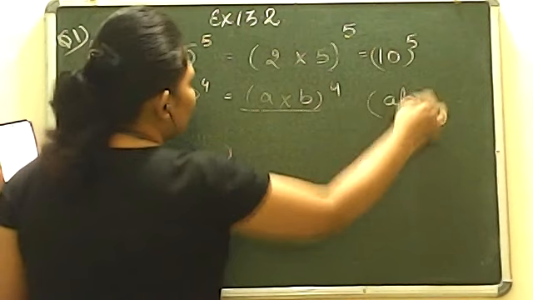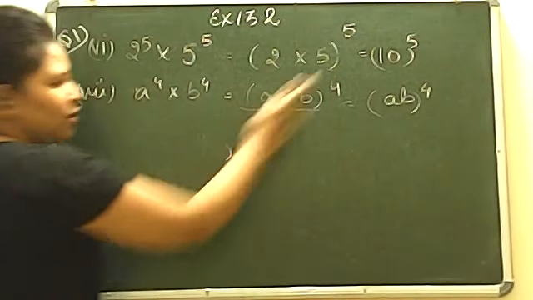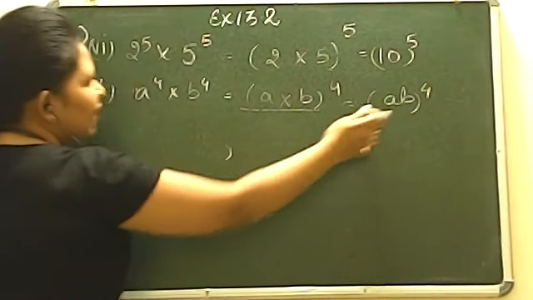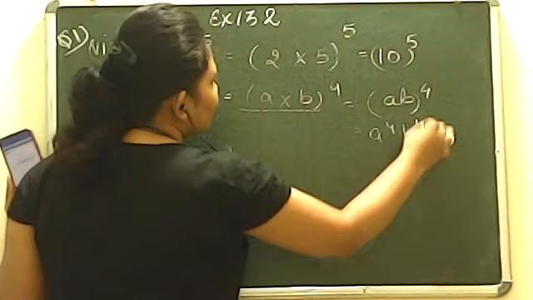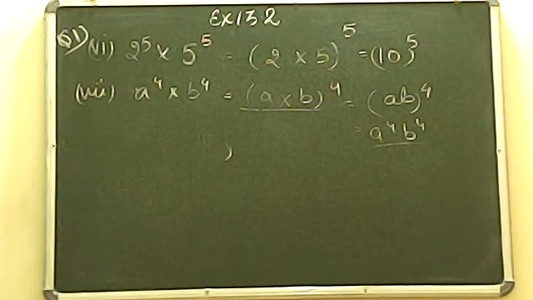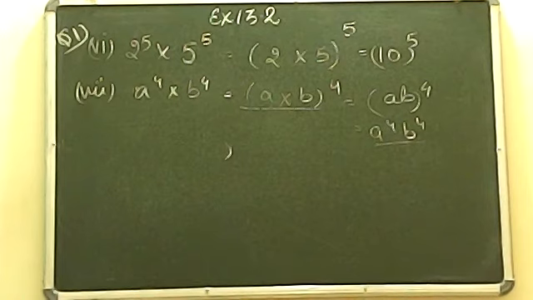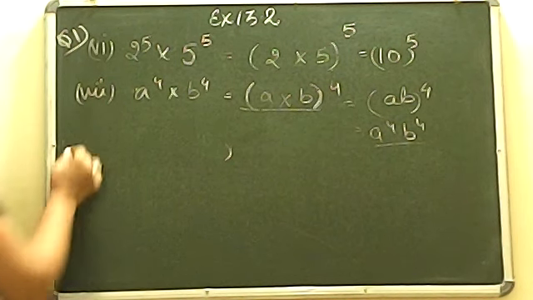Otherwise, this step is also fine. If you want to write this step, it is also fine. कुछ बच्चे इसको ऐसा लिखना चाहेंगे तो just a second. So you can simply write it down as A to the power 4, B to the power 4. That is also fine. All the answers are right in all the conditions. Yes. Now let's move on to the next. Now move on to question number 8.